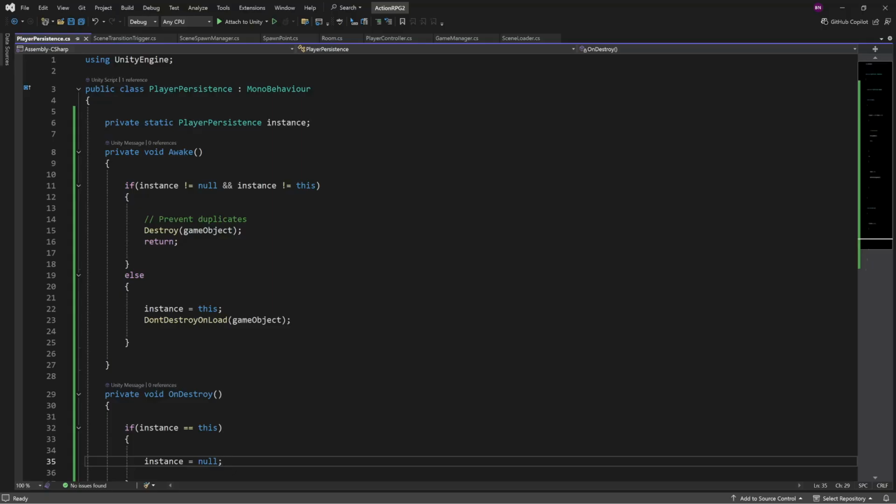And if you have stats like health, money, magic, or if you get a more in-depth game where there's other stats involved, you would have to do a lot of work to send all that information from one scene to another. Whereas if you keep persistence and you don't destroy on load,